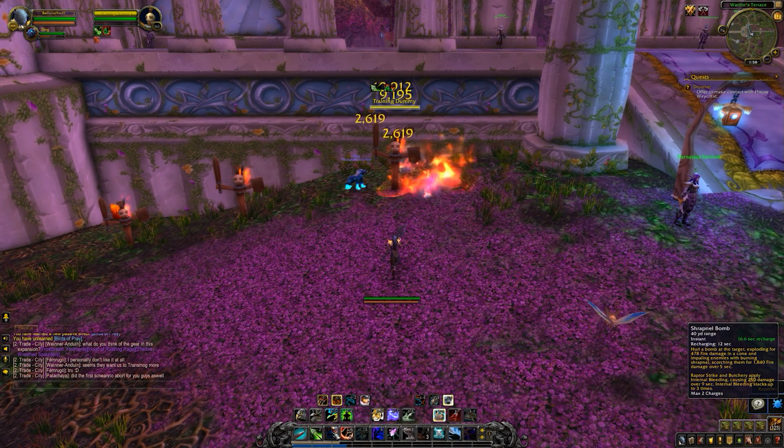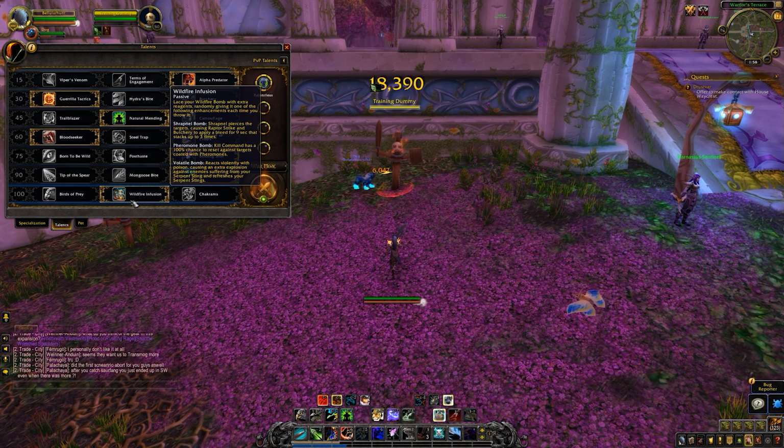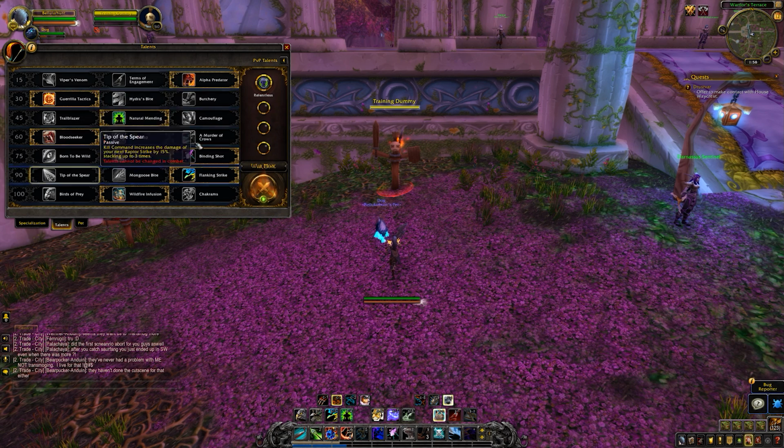So if I use that, you can see a little bit more damage, and it also refreshes Serpent Sting. What's nice about this is that yes, there's randomness involved, but it's kind of predictable randomness in that you know what's going to happen in advance, and that means you're always dynamically replanning what you're doing with your other abilities. So it's nice in that it takes a set of abilities and makes them all more interesting,